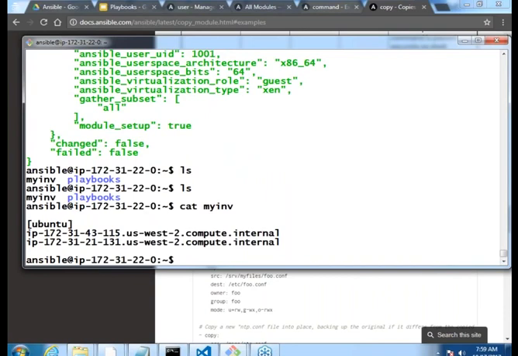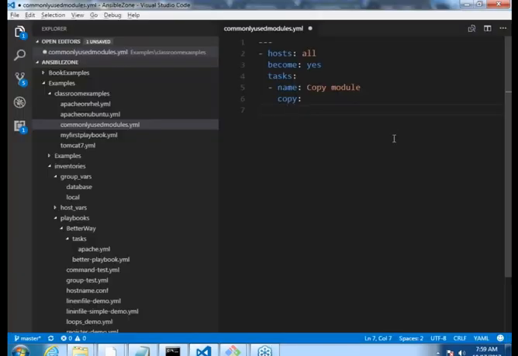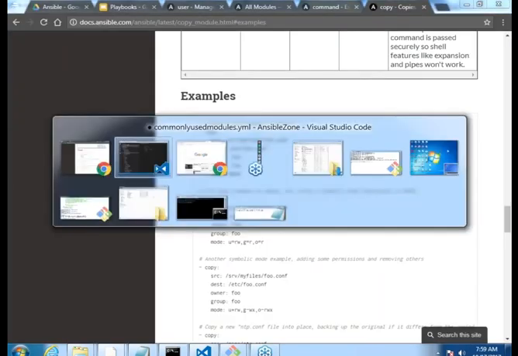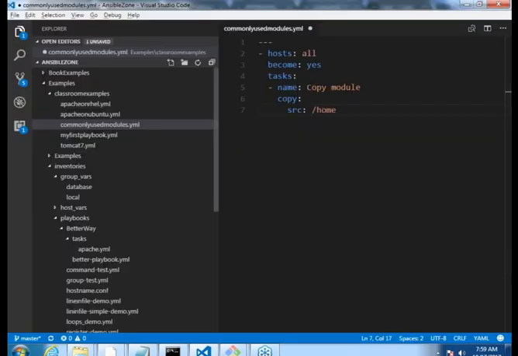So let us copy my inventory file onto that machine and see whether it works or not. My path is src, which is /home/ansible/myinventory, and destination is /home/ansible/myenv_copied, just to have the stuff.